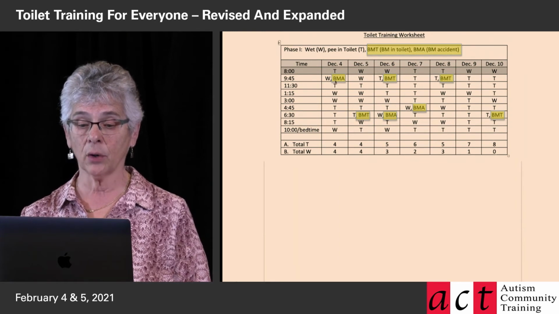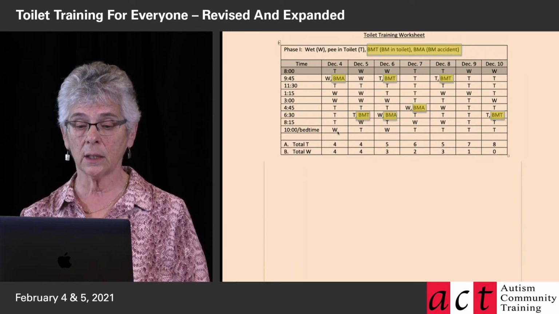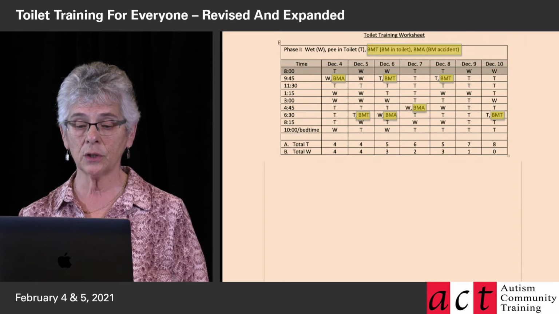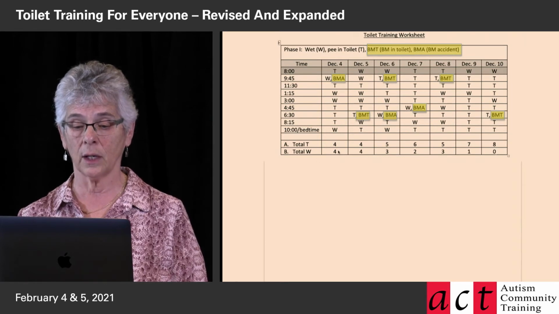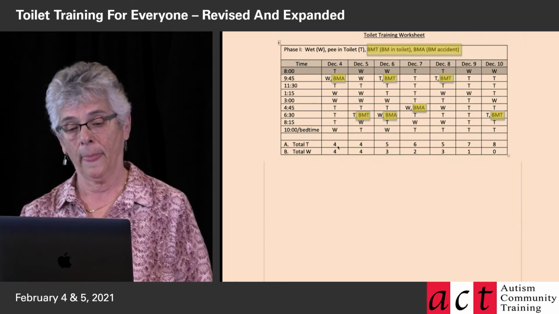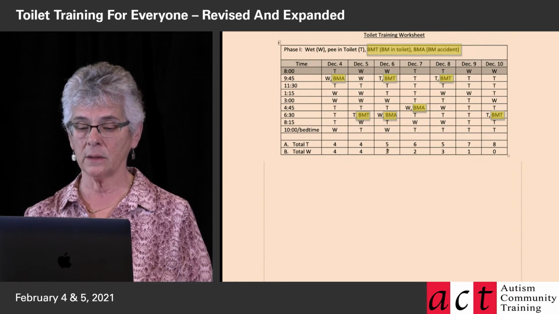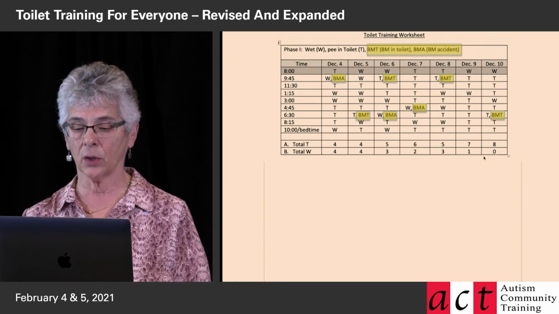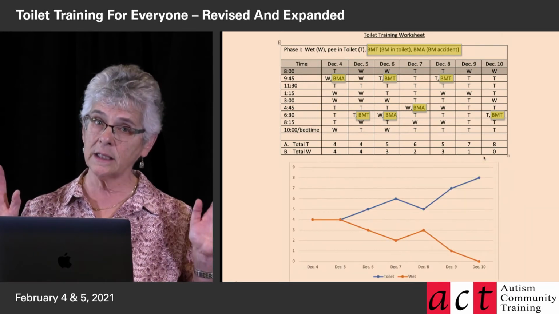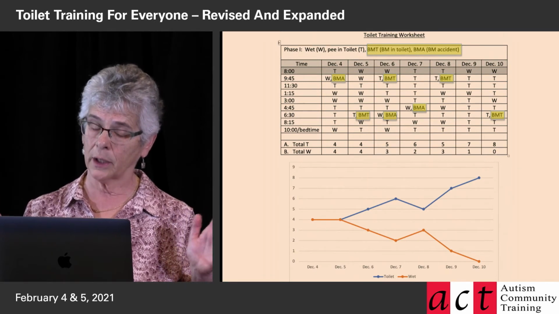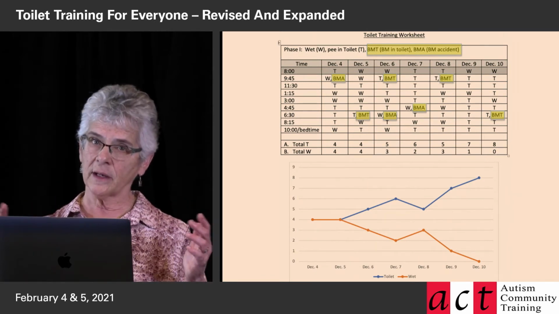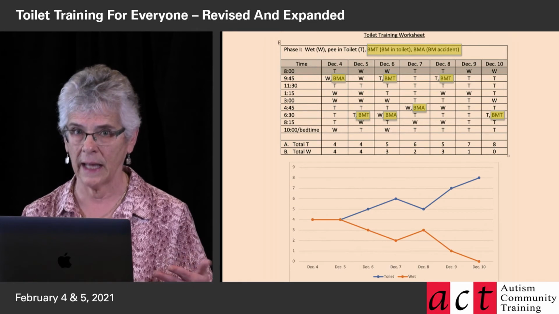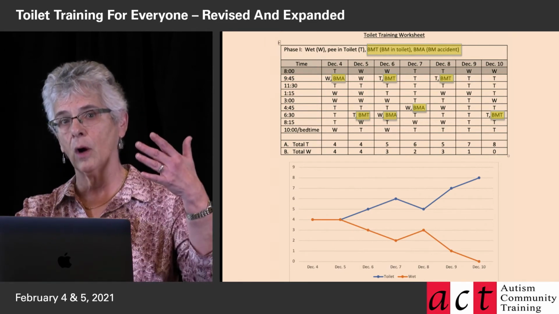So here's my total number of T's: 1, 2, 3, it should be 5. I don't know why I wrote 4. Sorry about that, right? So here's my total T's and my total W's. And then in an ideal world, I have some graph paper, and I actually graph this because I get satisfaction out of seeing the T line go up and the